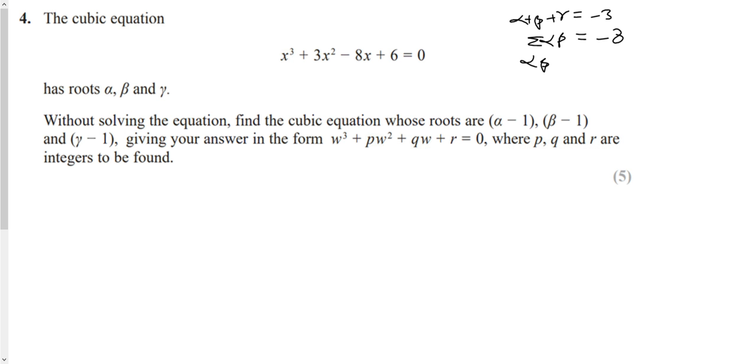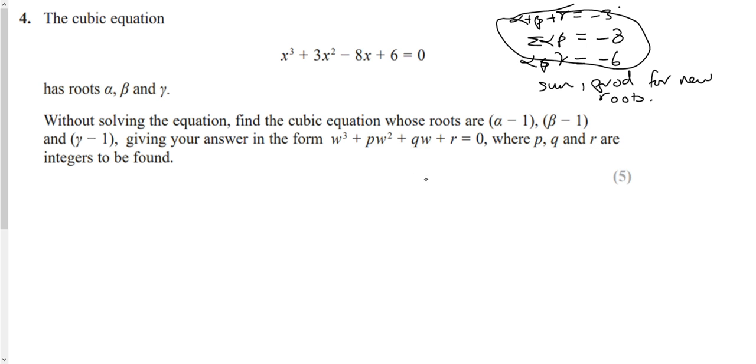The product of the roots is going to be -6, and then do the same for new pairs, for new roots, okay, and use some algebra to turn it into terms in terms of this. We might have a look at that one later, but the one that I think was quickest and easiest with this one, which I want to show you, is to